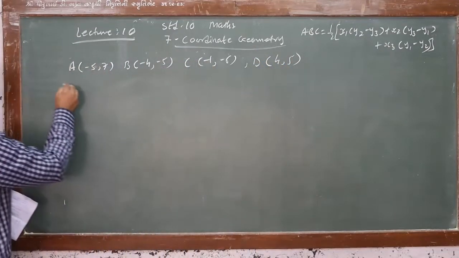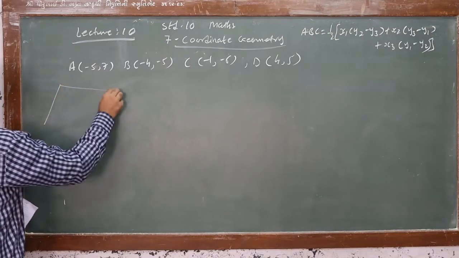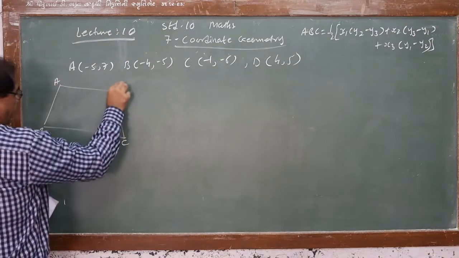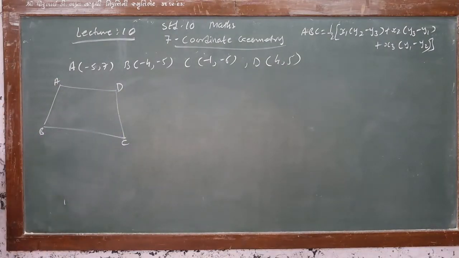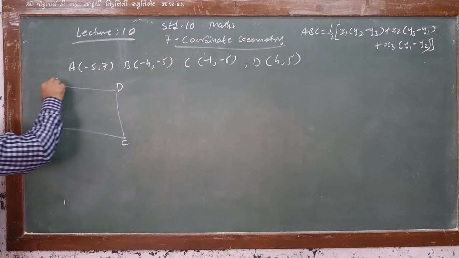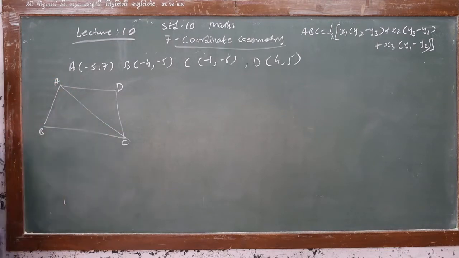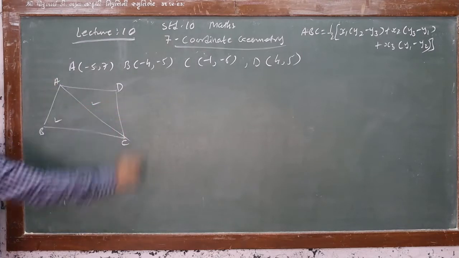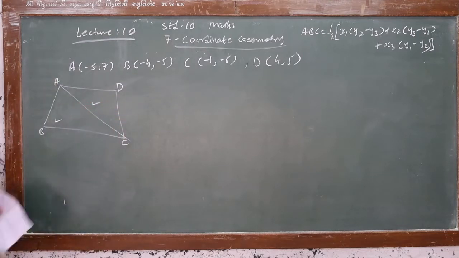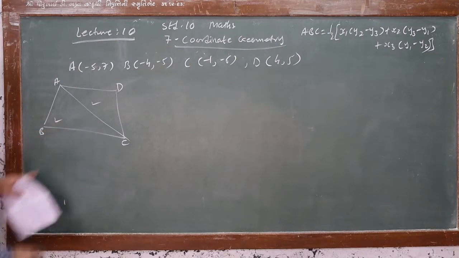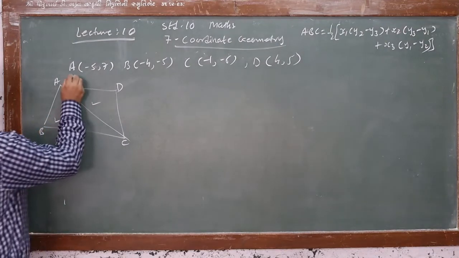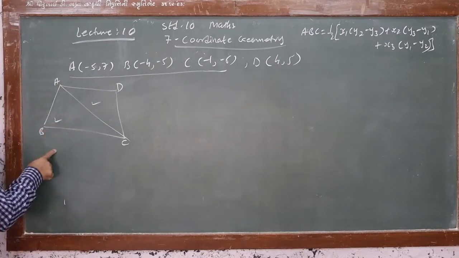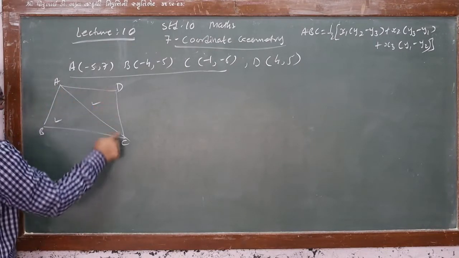I draw the picture of quadrilateral ABCD roughly. It is some quadrilateral, and we are going to find the area of this. What is the idea? You draw any one diagonal. So we have two triangles, triangle ABC and triangle ADC. Is it clear? Now you know the formula for triangle ABC. When you go for ABC, you will take these 3 points A, B and C. Find the area. Then you have to go for triangle ADC.